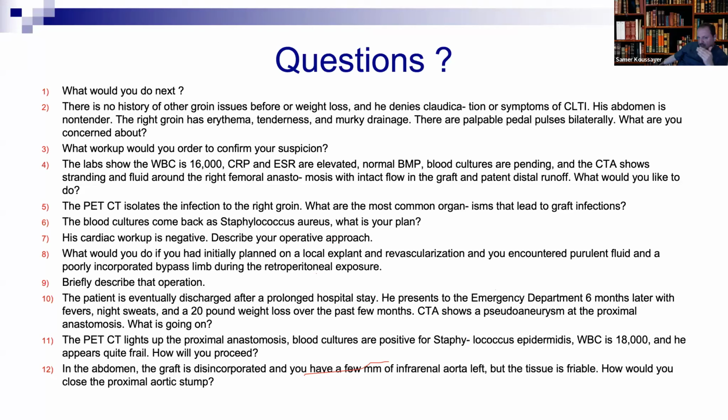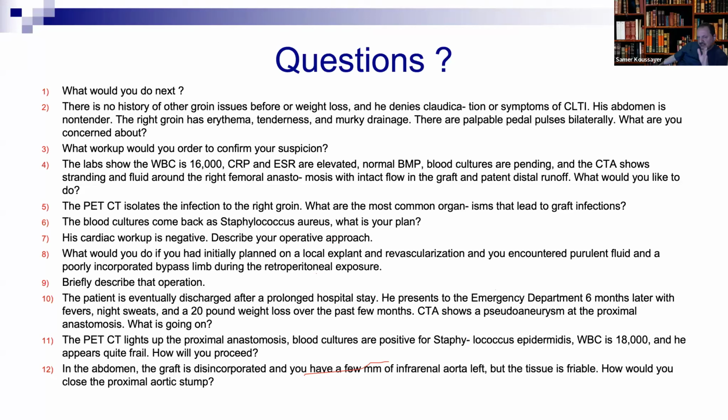So when you have a flush occlusion in the common iliac artery, most of the time you end up putting two stents, kissing stents, because the stent has to protrude into the aorta, and it may cover the other side. The second thing: when you have a completely occluded common iliac artery, it's better to use a covered stent, because this is what the trials showed, that covered stents work better than uncovered stents for completely occluded lesions.